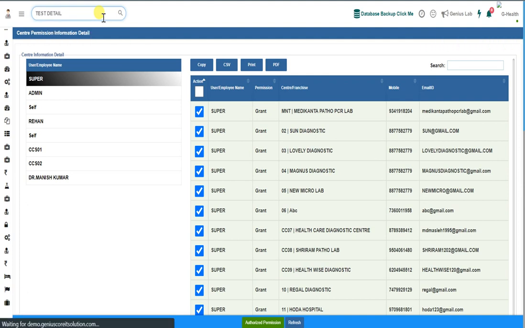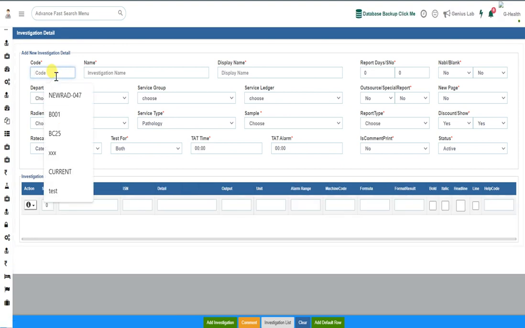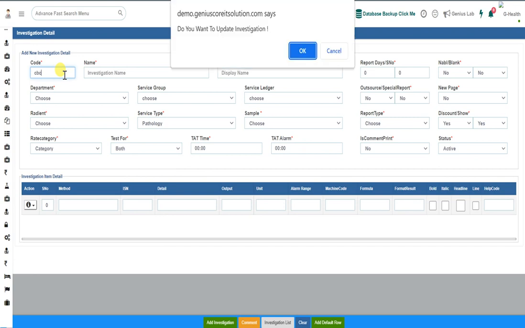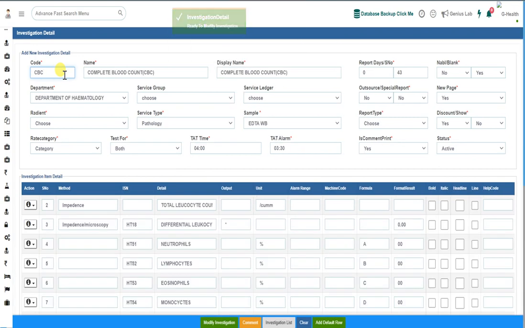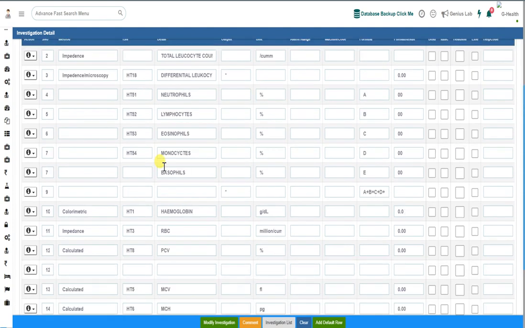If you want to check your test detail, go to test detail. Simply type here a test code, if you know the test code, like ST10 CBC. You should press OK and the structure will open here.